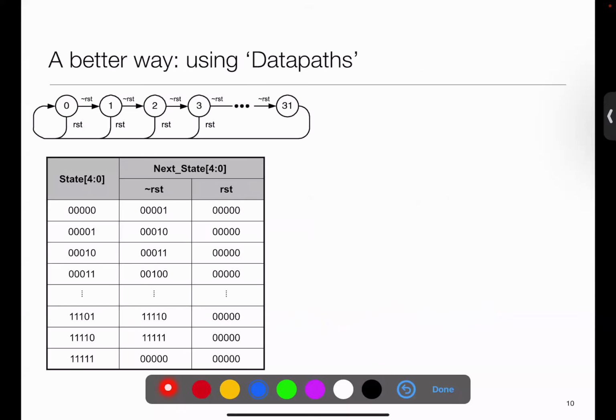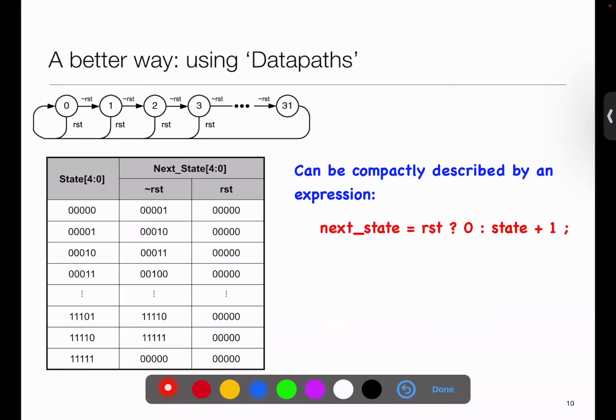So a better way to do these kind of problems is the way you write software. We think of processing the data. If I were to ask you to describe this counter, you could more compactly describe it like this, think of Python or C++ or something like that. I can say next state is equal to,